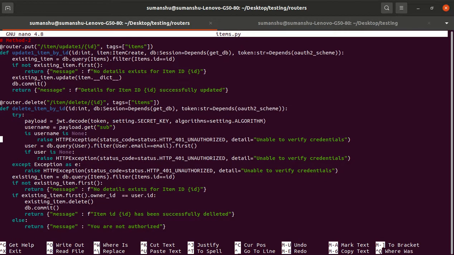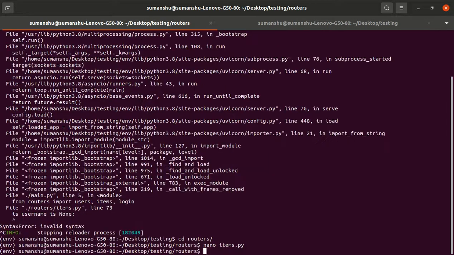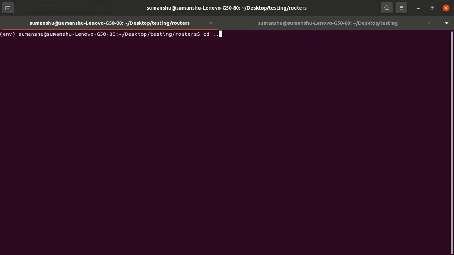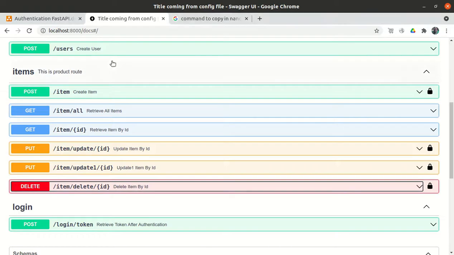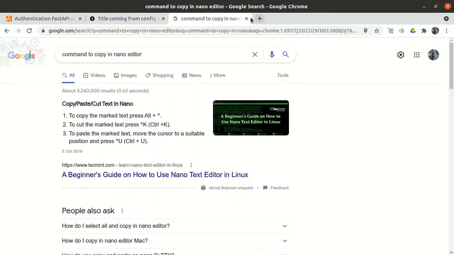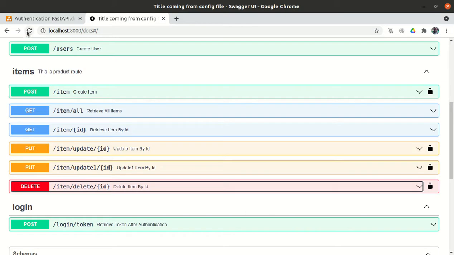Where is, okay, here it is. It should be if. Fine, clear. Let me check if there is any other error. uvicorn main:app --reload. So the application has been started. So let me close this and let me refresh it.